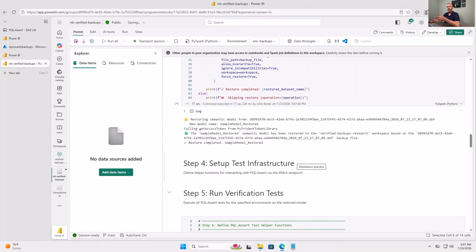You can update this notebook to not do that if you want to push it to another workspace. The other nice thing about putting it into another workspace is that it's really going to test out whether the restore is working appropriately, especially if you have RLS or OLS. You'll want to run the tests for RLS and OLS in that new workspace that maybe you're doing a restore on,